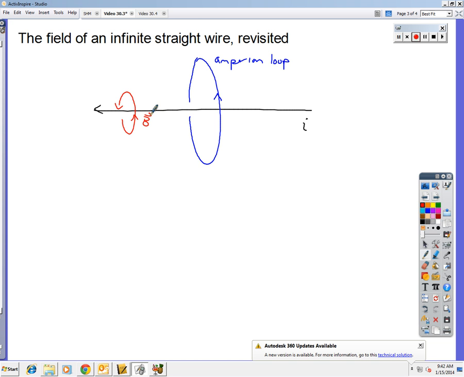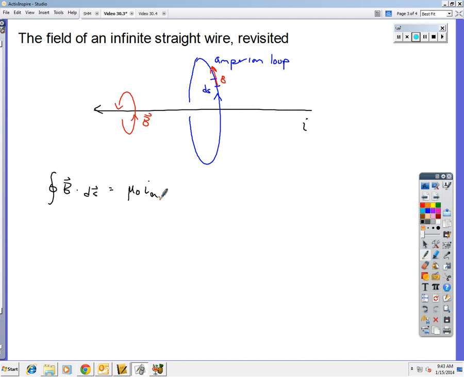So if we look at this particular ds, B at that location points in the same direction as ds. We also expect B to be the same value at every point in the loop. So Ampere's law says B dot ds equals mu naught times the enclosed current. Enclosed current's easy, that's just I. But B dot ds,